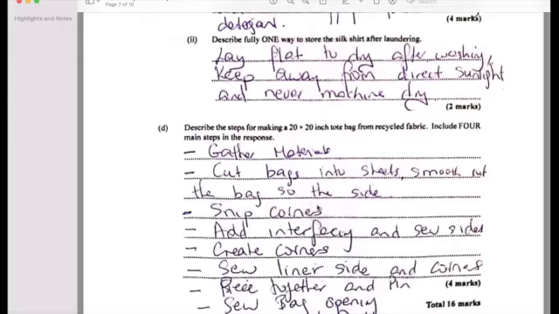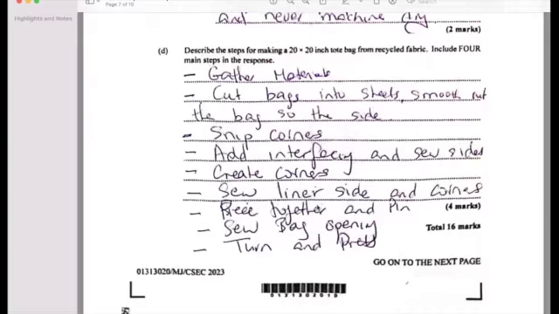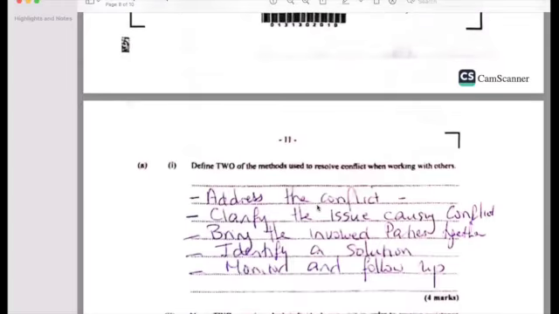I would say cut the bag into sheets and smooth it down to the side. Knit the corners, add the interfacing, and then you sew. You create a corner. You sew the sides and the corners. Then you put the pieces together. You pin them. You turn them around, turn the bag open, and then you press and you sew. So just look at the step that you normally do a recycling, and then you'll be fine right there with